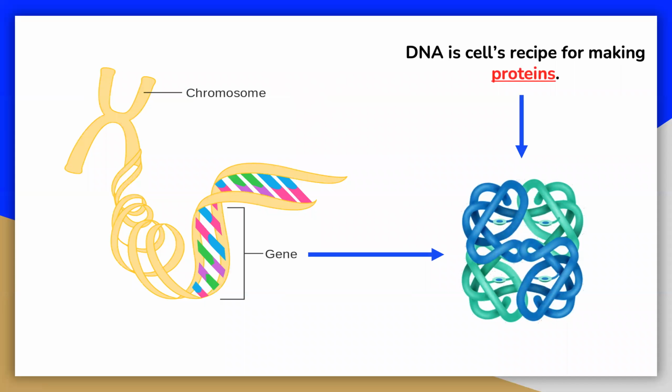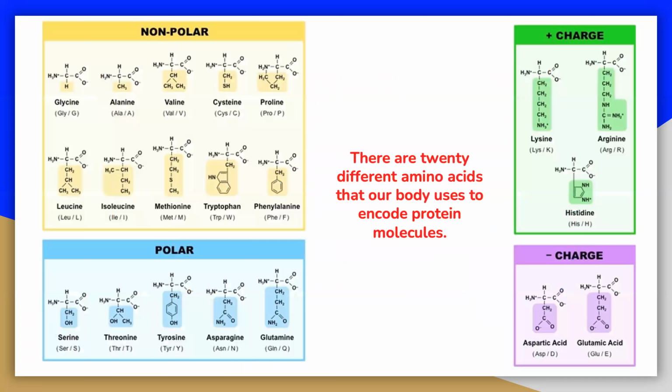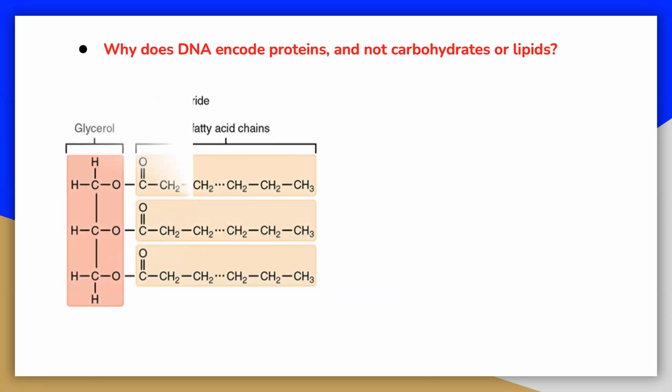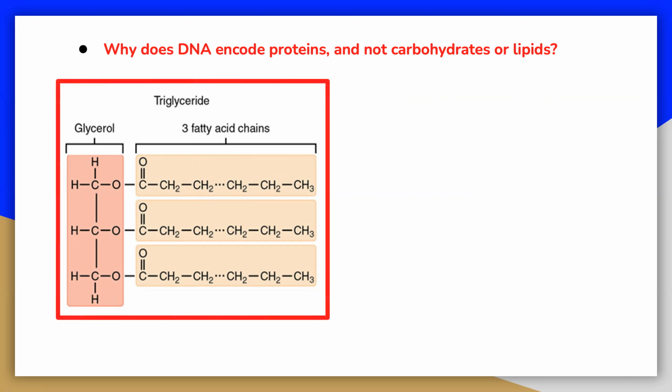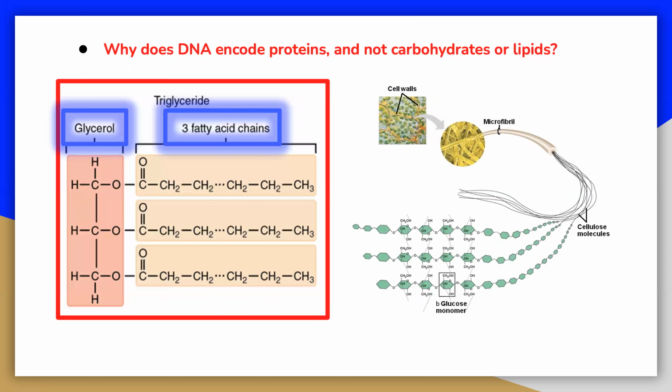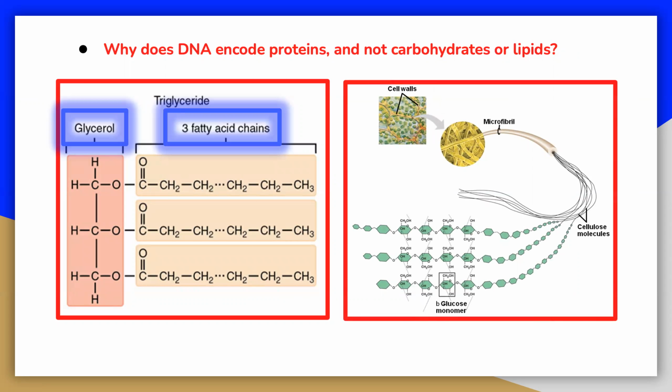The different ingredients we use in these recipes are the 20 amino acids that our body uses to encode protein molecules. You may ask, why does DNA encode proteins and not carbohydrates or lipids? Lipids only have 4 molecules in their largest, most complicated molecule. So we do not need a recipe for them. Triacylglycerides are made up of glycerol and 3 fatty acids only. Some carbohydrates are extremely long, complicated molecule chains, such as in the example of cellulose. But we do not need a recipe for cellulose because it is made up of only one type of molecule,